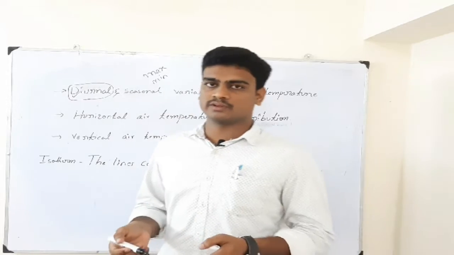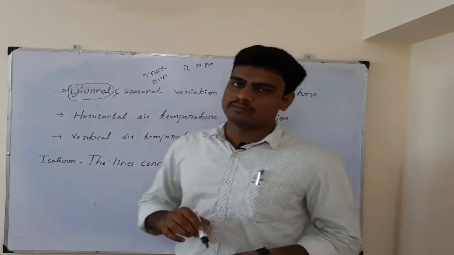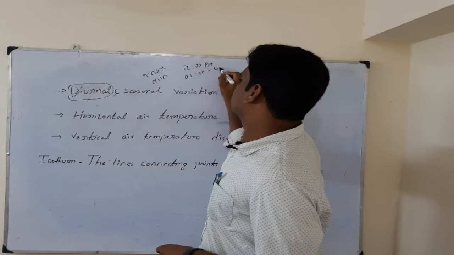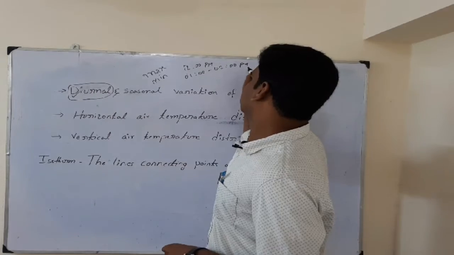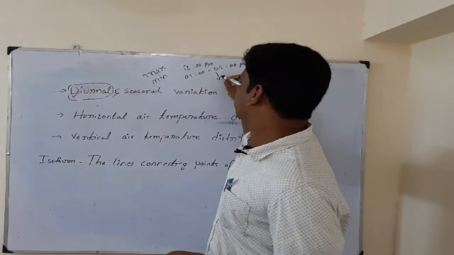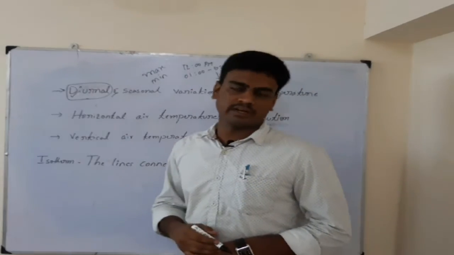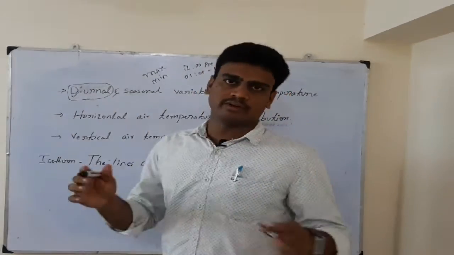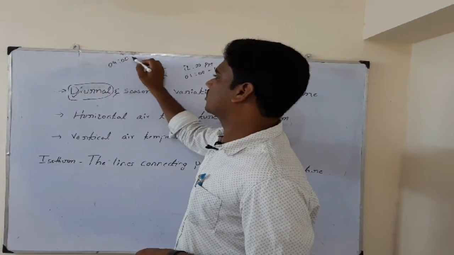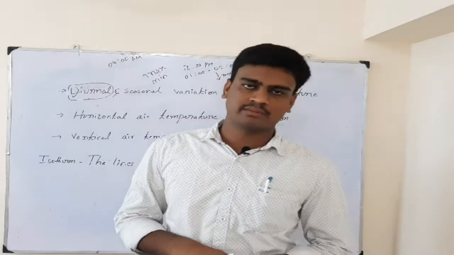Though in the mid afternoon, like 12 p.m., sunshine will be very high, it is in the afternoon, 1 to 2 p.m., that we can see the maximum temperature in a day. Then gradually the temperature will come down. But when can we see the minimum temperature? In the entire 24 hours, we see the minimum temperature in the early morning, around 4 a.m.